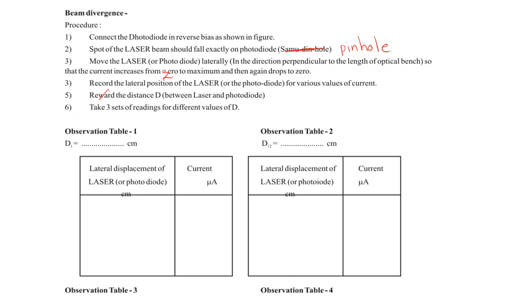So first thing that you have to do, the distance D, let's say it is 80 centimeters. So for 80 centimeters I have to see the lateral displacement, okay, and corresponding current. So lateral displacement, let's say it is 2 centimeter, then current is, let's say 2, then 1 centimeter, then current is, let's say, 15 microampere. So like this way I have to take the distance, these distances are small d's, and I'm going to get current.